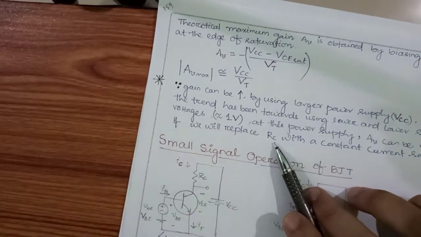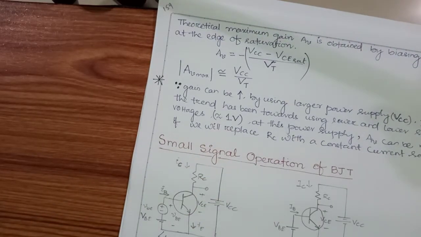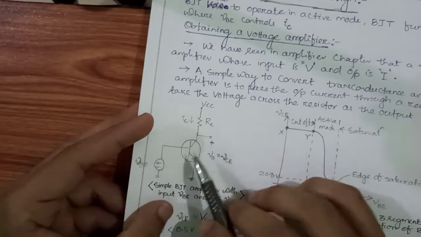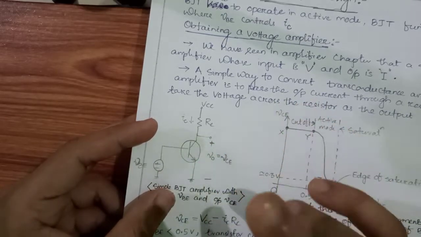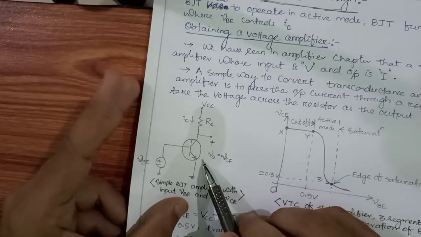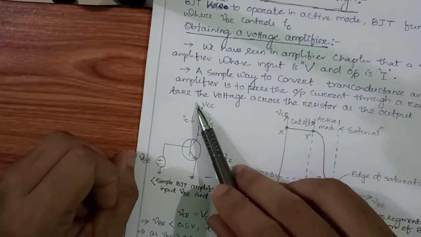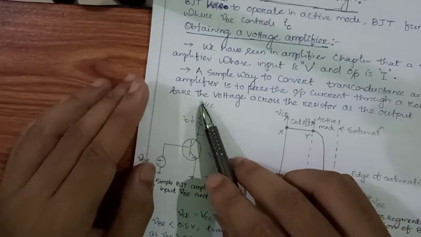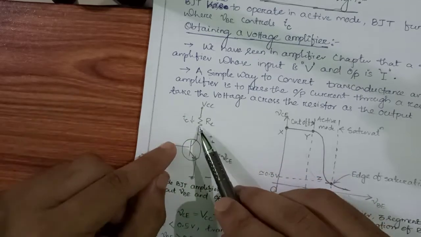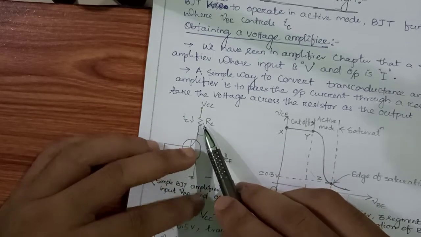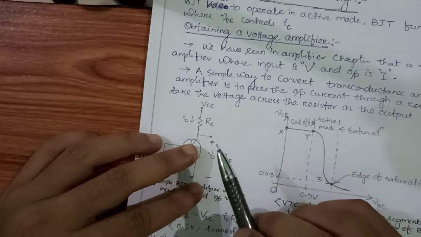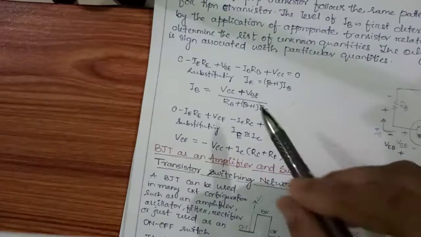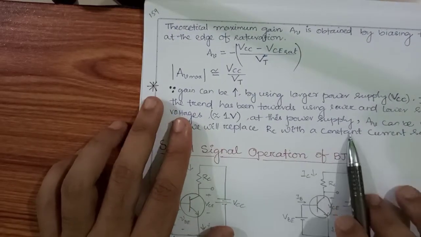It will replace RC with a constant current source. It means this is the circuit diagram. I want to increase my gain. So what are the conditions, what are the points that I should follow to increase my gain? One point is this BCE value should be less. That is the first point. Second point, I got my BCC can be increased, but in new technology I am making this BCC as 1 volt. So what can I do? I can replace this RC with a constant current source. Just for practical purposes, remember this point: you can replace this RC value by a constant current source, then I can get maximum output. Okay, then I will get a maximum output.